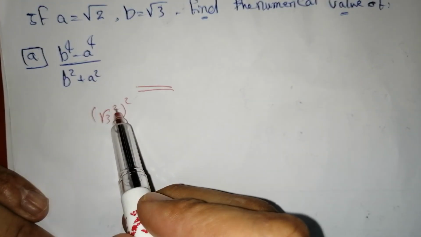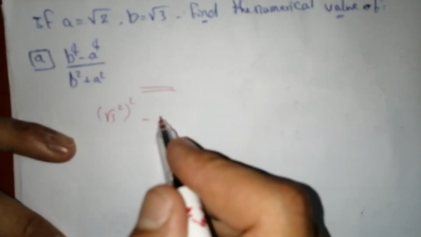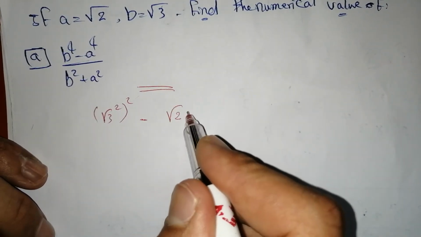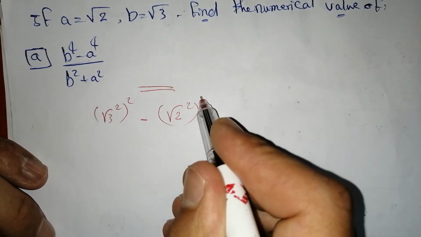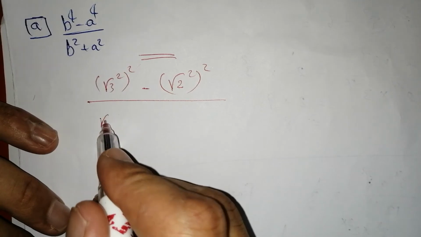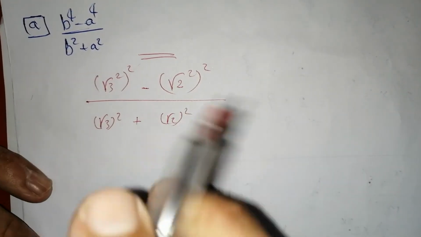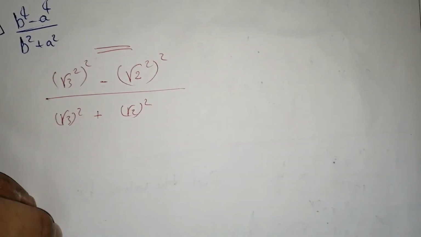Yes, power 4 can be written as power 2 all power 2. And also in the same way, a, which is root 2, we can write as root 2 power 2 all power 2. In the denominator we can also write root 2 root 3 all power 2 plus root 2 all power 2, and then simplify the numerator and the